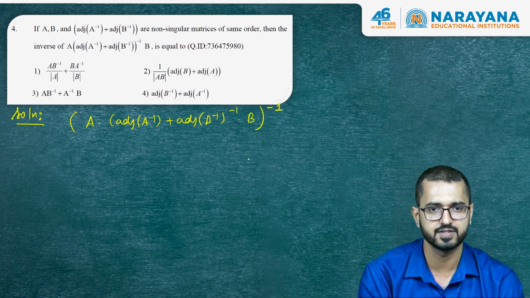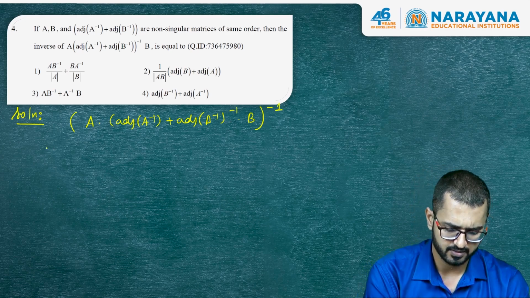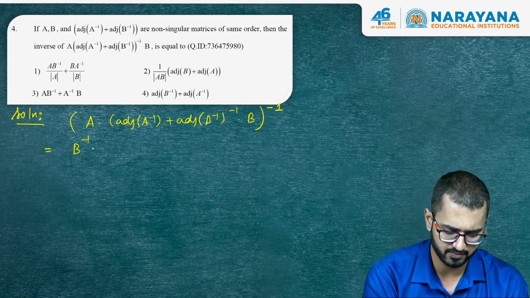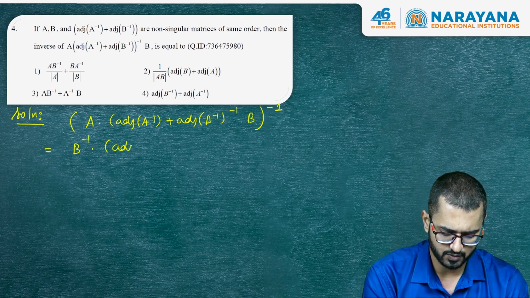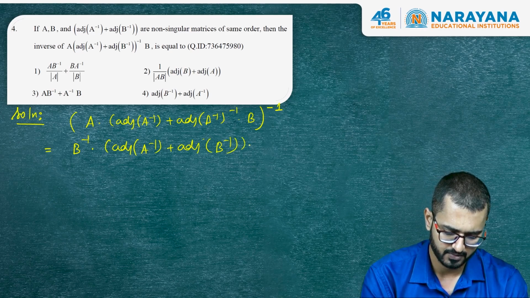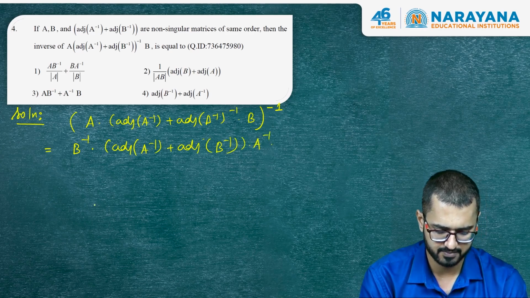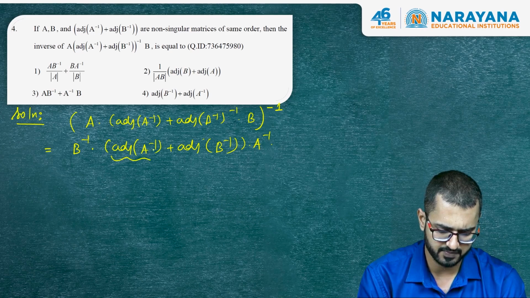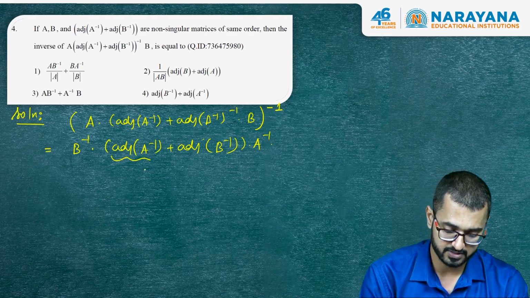Okay, taking the inverse of this thing, we'll apply the inverse law. So for this I'll be getting B inverse, it will be reversed. So B inverse into this will turn out to be (adjoint of A inverse plus adjoint of B inverse) into A inverse. Alright, now we have to adjust this thing because the options are given in terms of adjoint of A and B. So for this thing we'll recall,